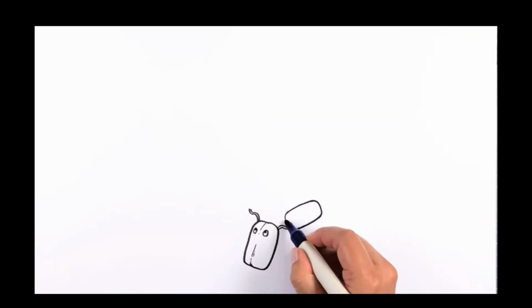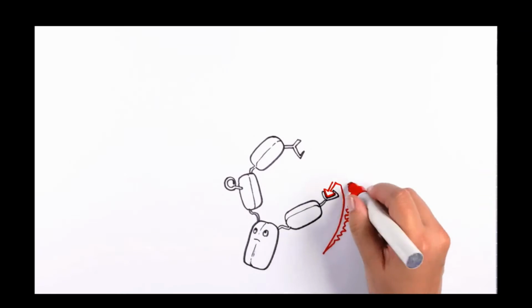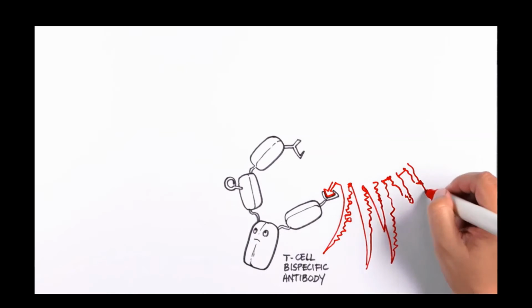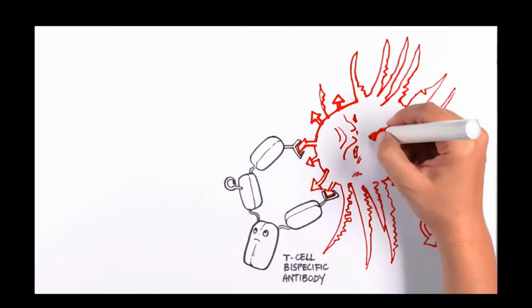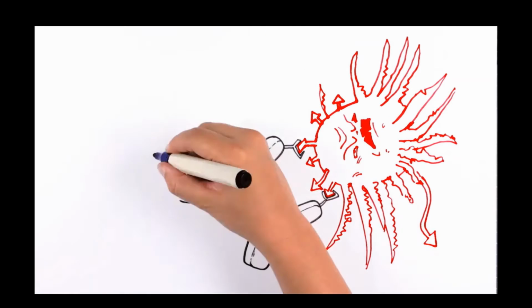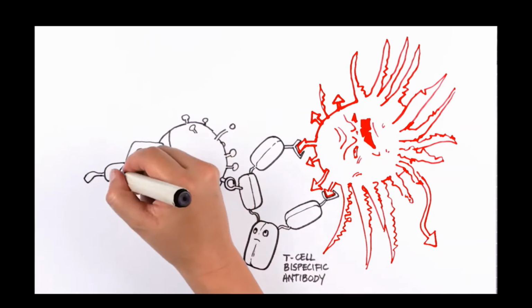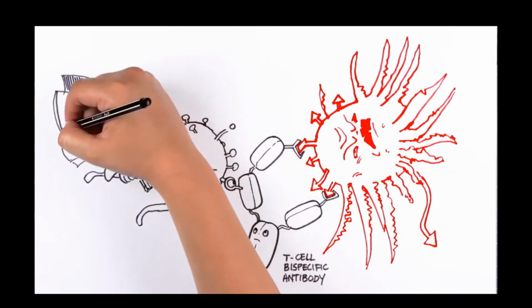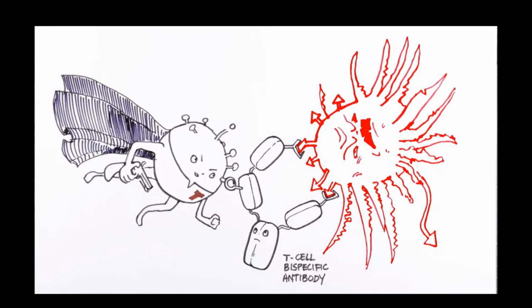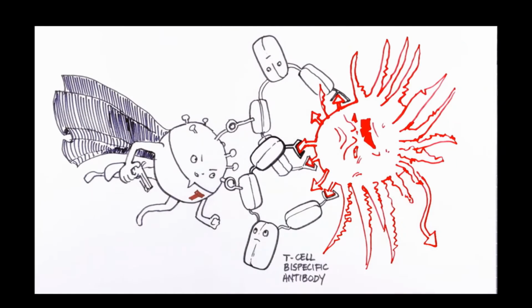T-cell bispecific antibodies are basically matchmakers between T cells and cancer cells. The antibodies have two handles that recognize specific markers on the surface of cancer cells, and one handle that is designed to hook to T cells, bringing them in close proximity to the cancer cells. The T cells are then activated to attack the cancer cells. The ambassador role of MHC is not needed anymore, while the need to recognize tumor markers keeps the intervention specific